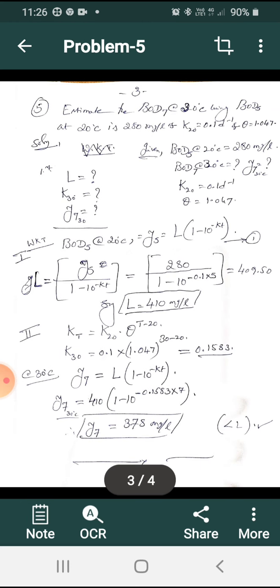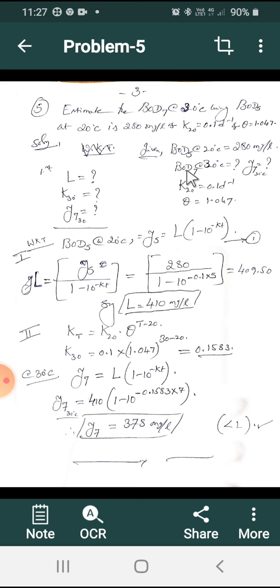Now let us go to another type of problem. The speciality here is that it is only a one line problem. Instead of giving 4 or 5 lines, they have given only one line. Try to understand what they have given, and you have to write down the given values separately. For any problem, if you do not write the given values, then automatically I will deduct 1 mark or 2 marks for that. Whatever is given in the problem, it is mandatory to write all the values.